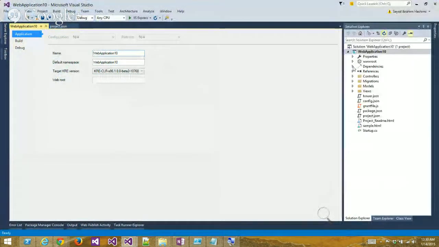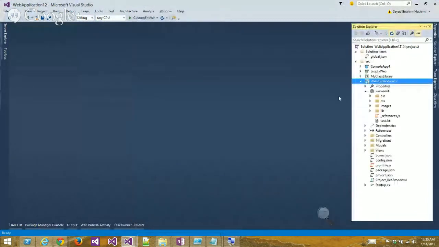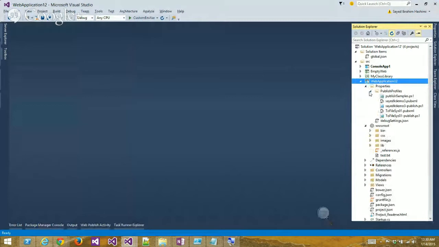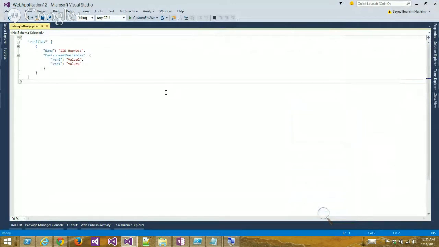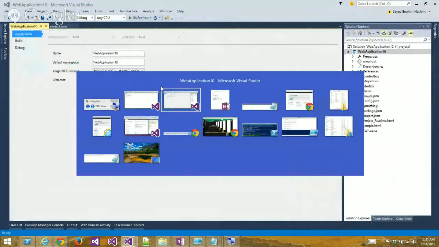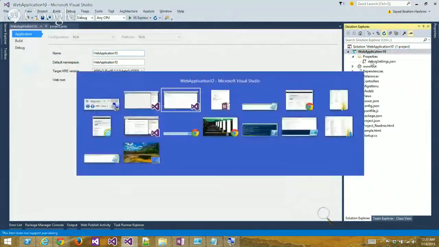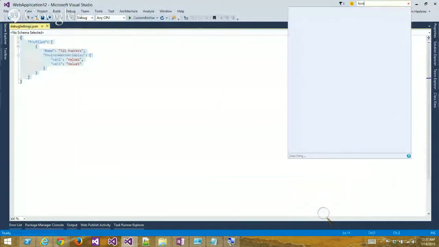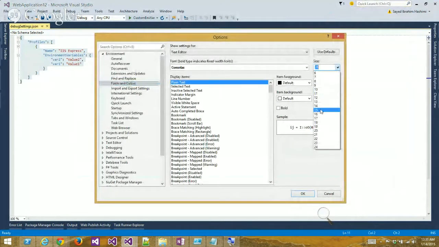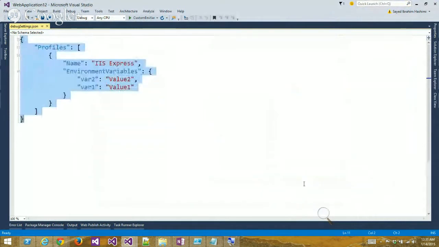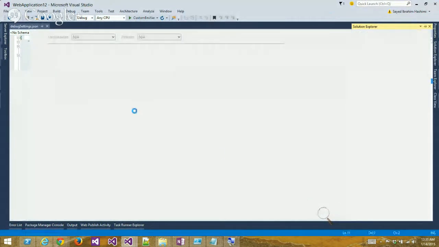Okay, and this actually is going to be, let me open up a different project here. So these settings are actually going to be persisted inside a JSON file in the project. And let me copy this into the other instance of Visual Studio because I've got the font set up a little bit larger there. Actually, let me just set the font up here because I'm going to show you some other things in this particular sample as well. All right. Okay, so in the properties page, on the debug tab,